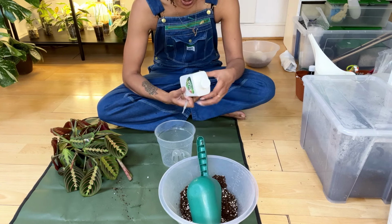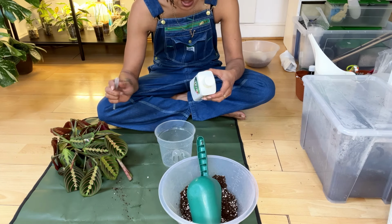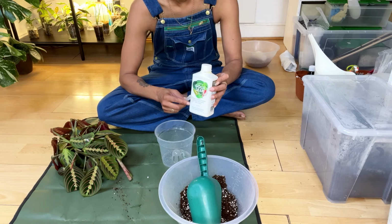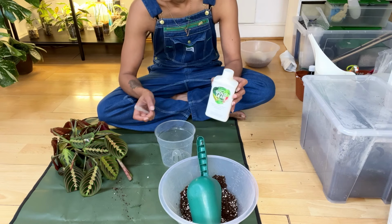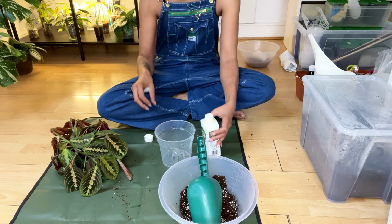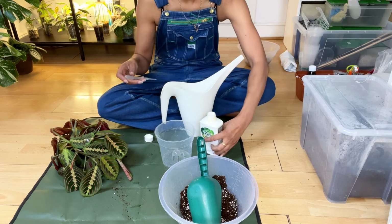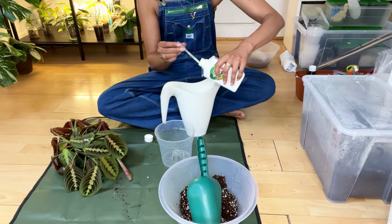So if you were to just water your plants, you would put 2 mils of this to 1 litre. I generally put 1 in the winter, 1 mil to 1 litre, and then in the summer I have been doing 2. And then I just have to remember that when I'm using this water for semi-hydroponics, I'm just using 1/4